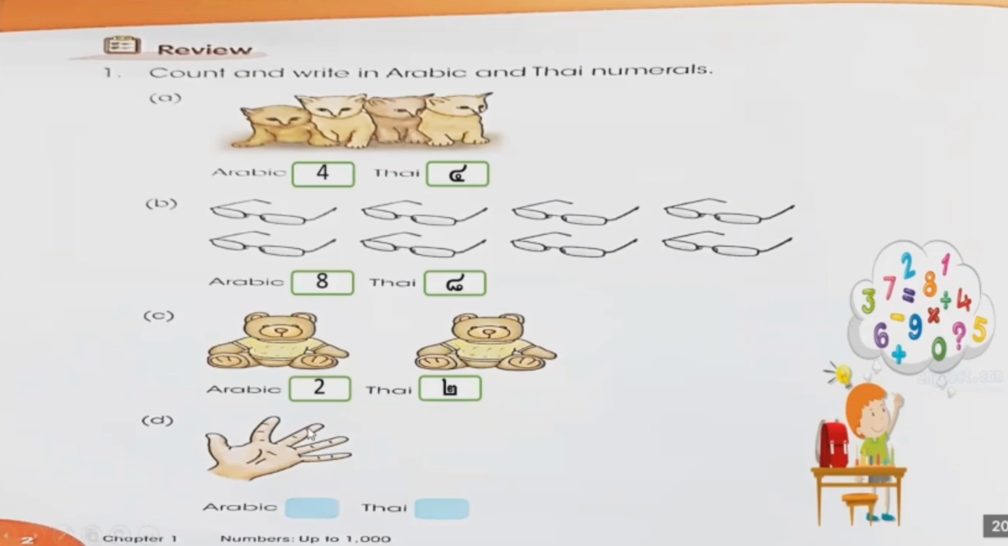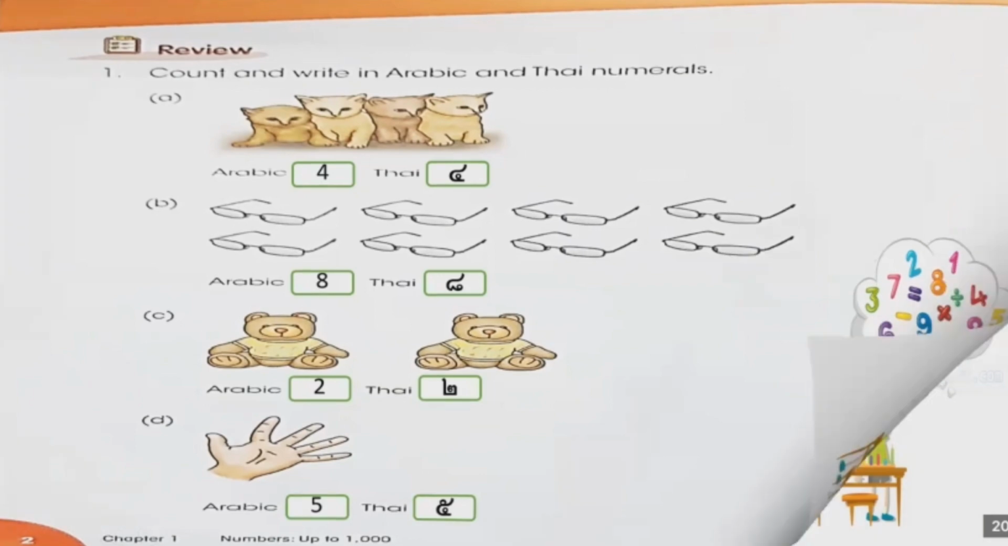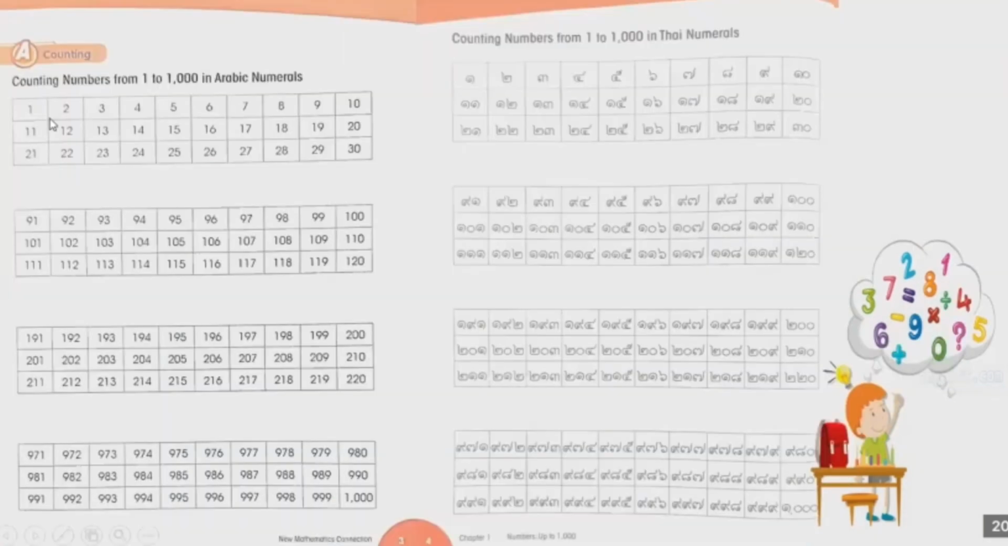So 1, 2, 3, 4, 5, and right here, 5, the Thai numeral 5, number 5 here. Okay, so anyways, it's just a review. Now next, let's try to count numbers up to